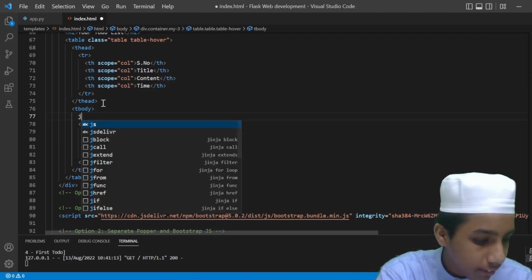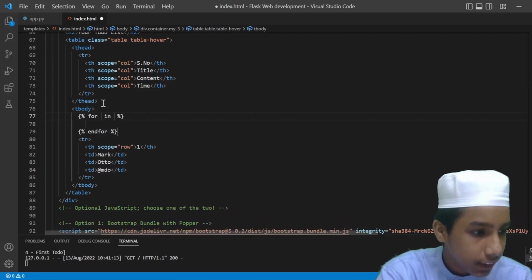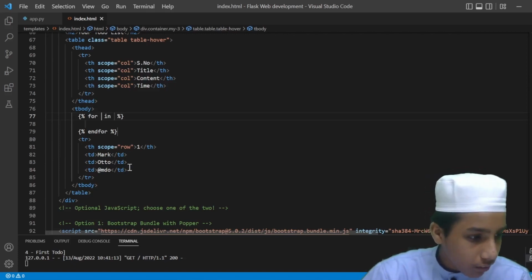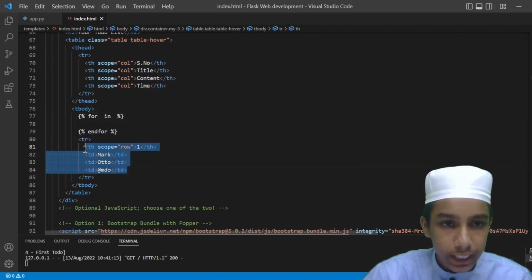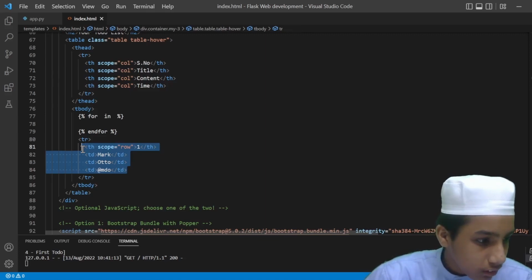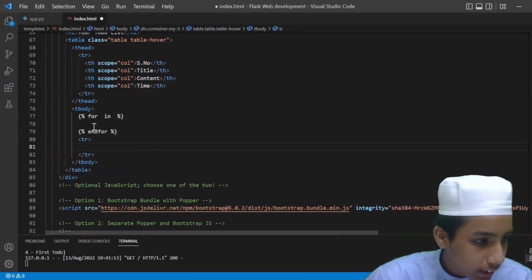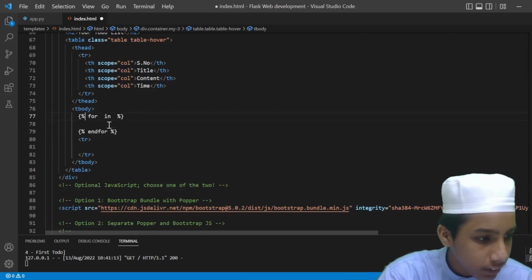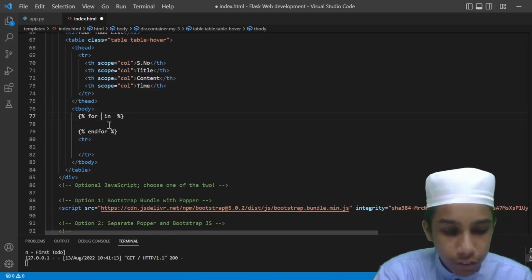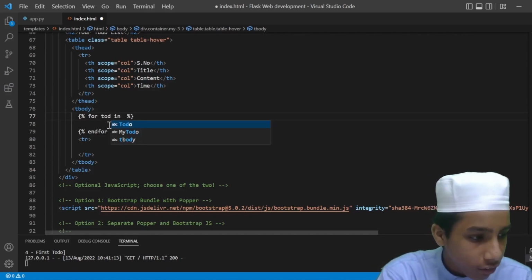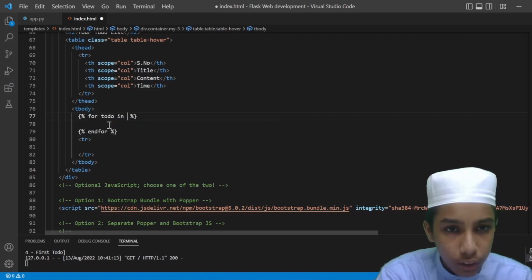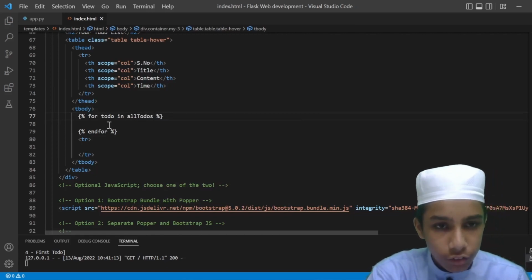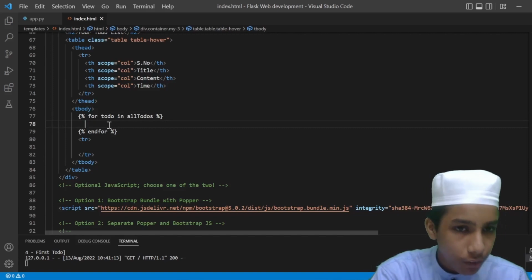J for if I enter this, something like this, we are not going to type all of these things here. So now what I'm going to do is press Ctrl+X on 1, 2, 3, and then instead of this one, for I'm going to give here for todo, and then for todo in, I'm going to give something like all_todos. So for todo in all_todos, and then here I am going to give something like